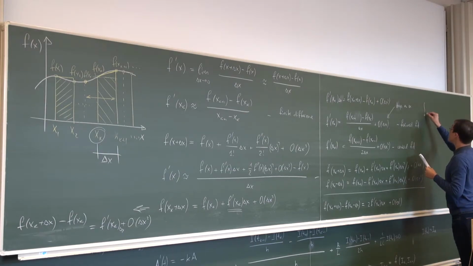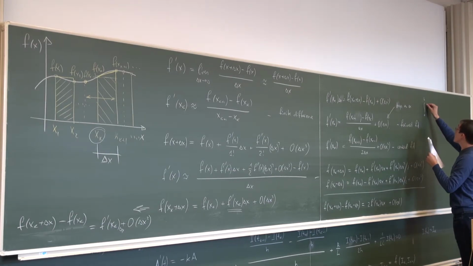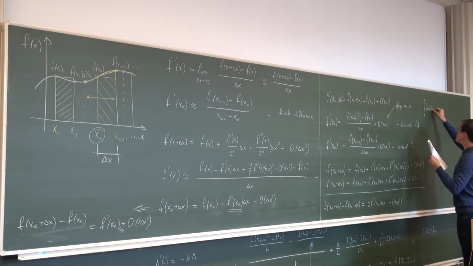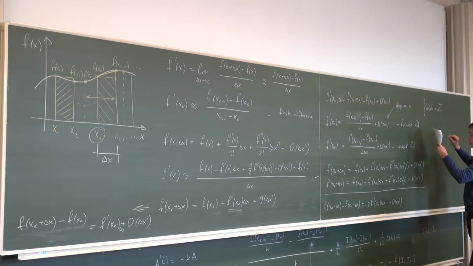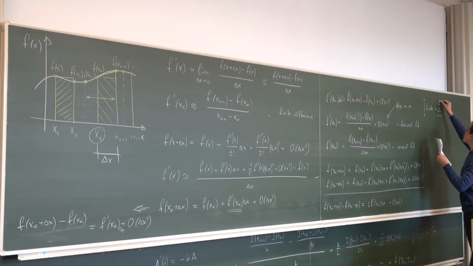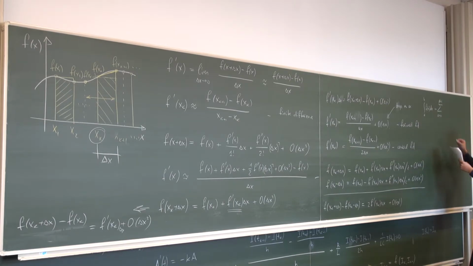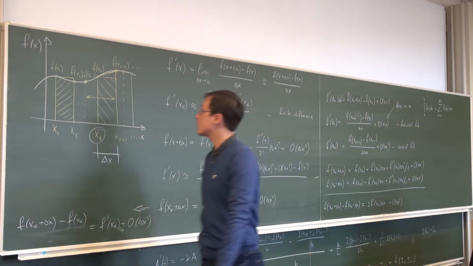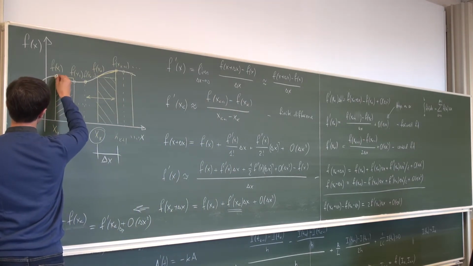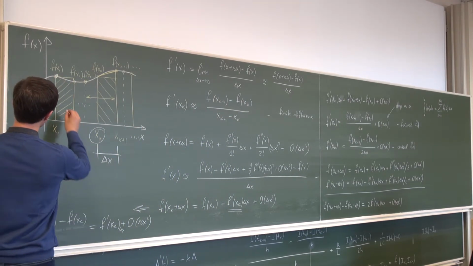So the integral from A to B of f of x dx, where A and B define some interval, will at the most simple level just be the Riemann sum: the sum from k equals 0 to n minus 1, where n is the number of points, of f of x_k times delta x. So we simply take the value of the function at the start of each interval, and we multiply it by